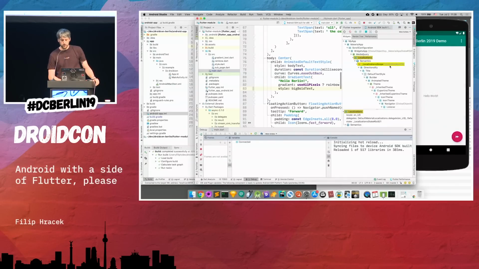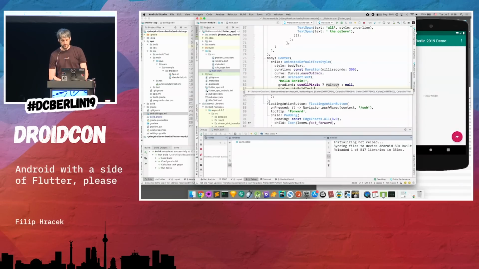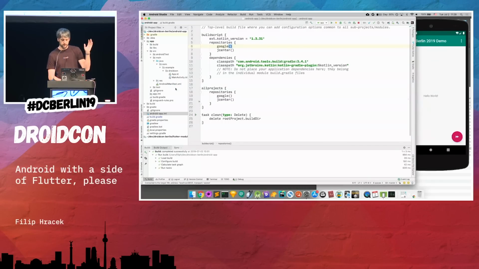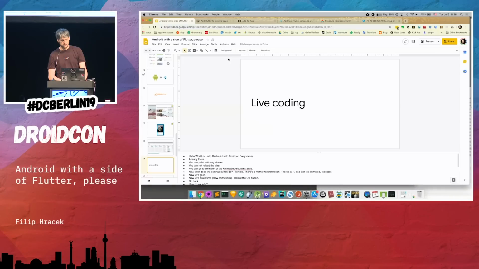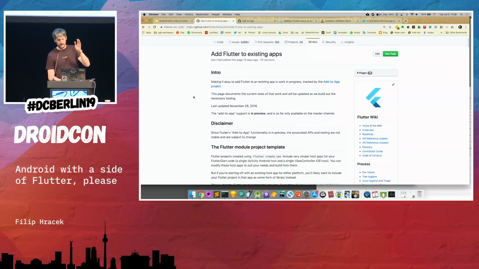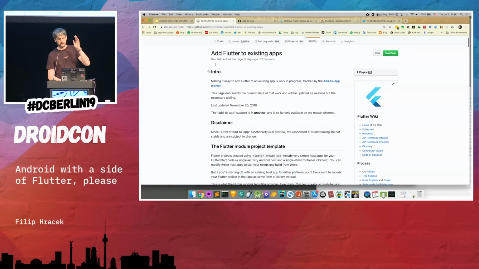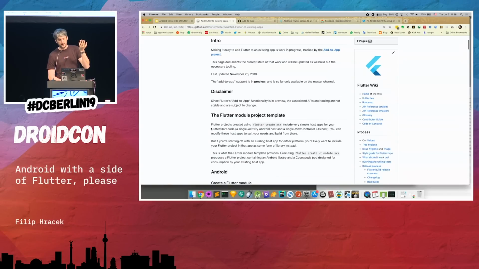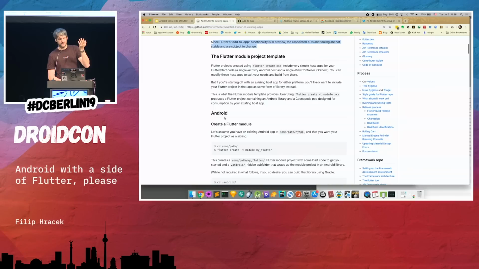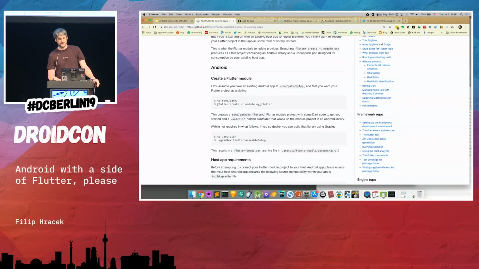So how do you do something like that? Let's switch to the Android app. This is a normal Android app. Actually, let me show you. If you want to do it right now and can't wait another second, you go to flutter.io and search for this, add Flutter to existing apps, and you read the disclaimer, and then you can do basically flutter create a module, which is a module that you can add to both iOS and Android,